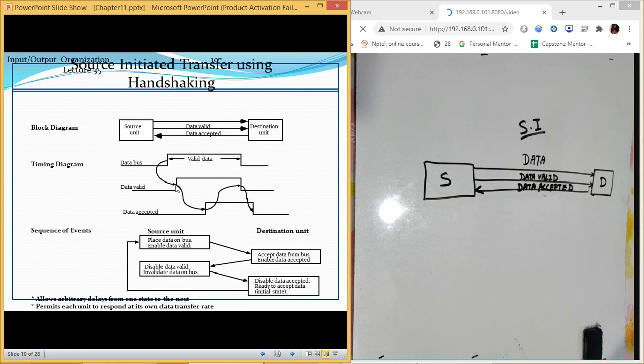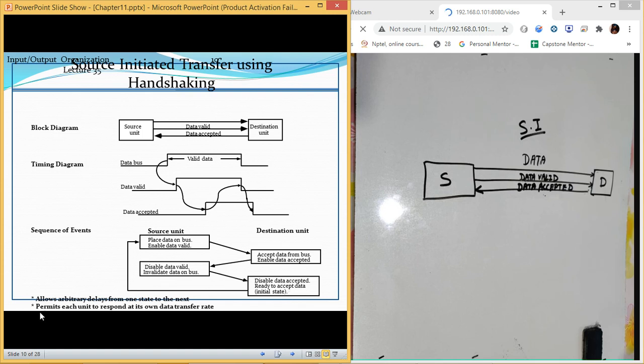So data valid signal just tells the destination that the data which it is receiving on the bus is valid data. Once the data valid is disabled, then the destination will also disable the data accepted signal which is done at this place, and again it will return to the initial state.